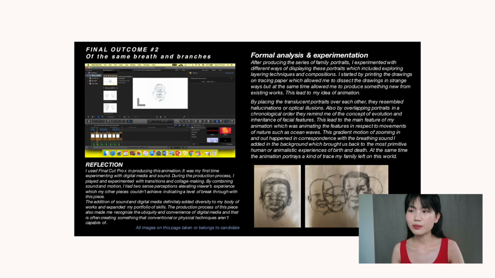So it goes like this. I began with a series of family portraits, but then I branched out into 2 different outcomes. It kind of shows how you can use the same thing to explore. Basically, for my second outcome, I produced a